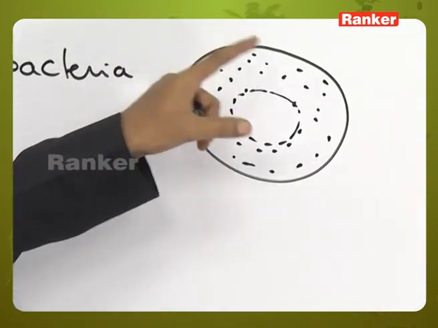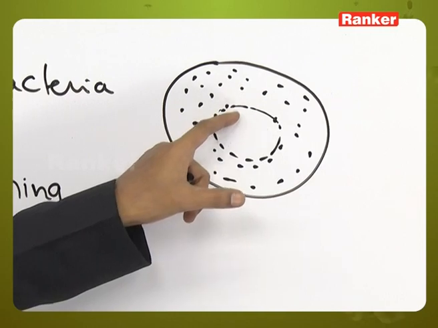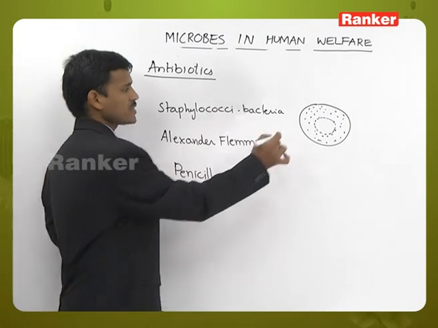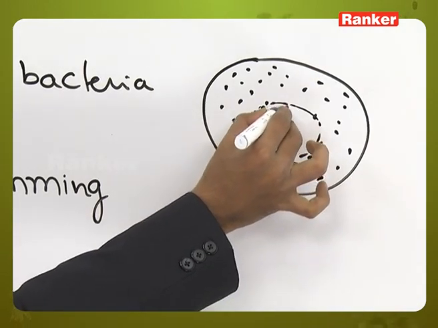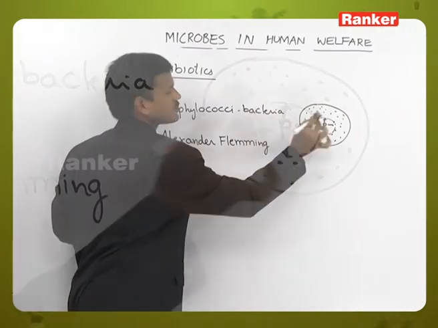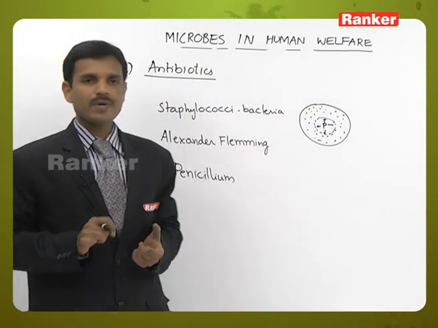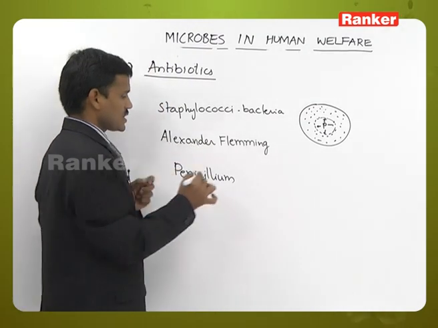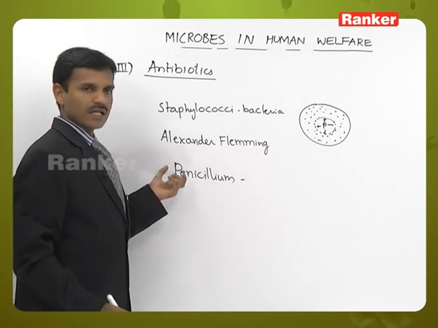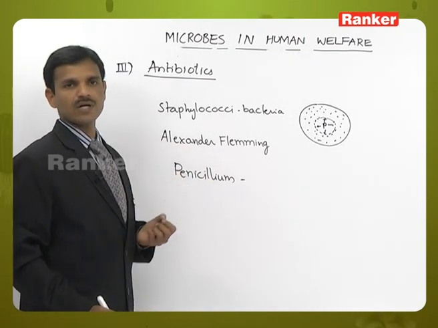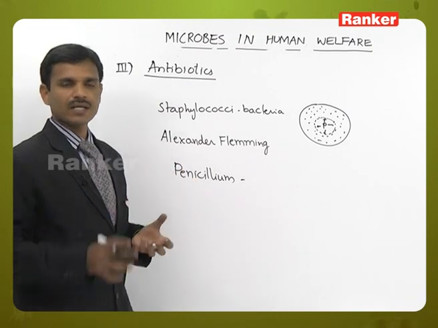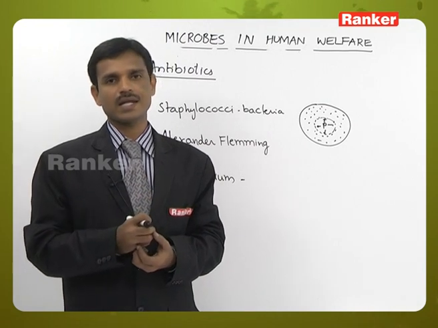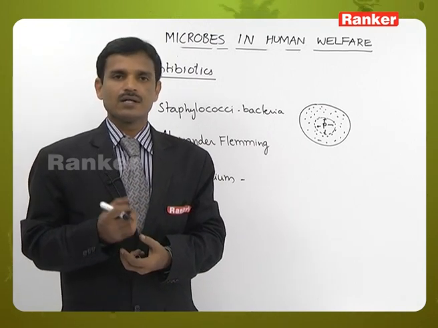In the unwashed petri dish all the bacteria are growing except in one area. In this area no bacteria are growing. Why? Because the Penicillium is there. The Penicillium fungus is inhibiting the growth of bacteria. So here Penicillium is working like an antibiotic. It is killing, inhibiting, retarding the growth of bacteria. That is why one chemical is extracted from the Penicillium fungus, later named penicillin